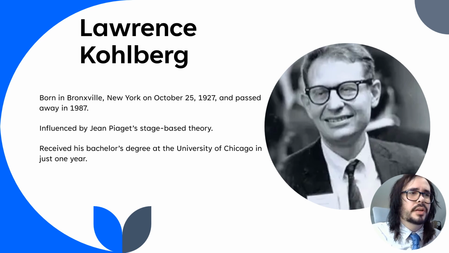Piaget had a stage-based theory of development, which was only really two stages, but Kohlberg expanded on that and suggested there's actually more stages beyond just the rigid two-tier system that Piaget offered. There's actually more than that, and a lot of people, as you'll see, don't even get to the last two stages of development. It's actually exceedingly rare, according to Kohlberg, and based on what he's found. He received his bachelor's degree in psychology in just 1 year, which is phenomenal.